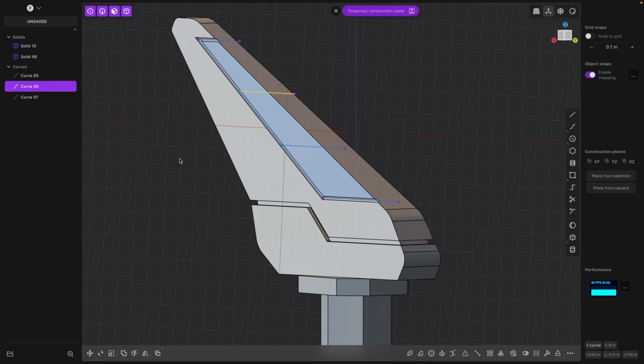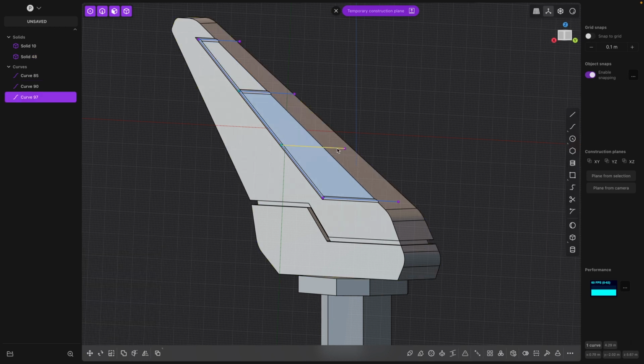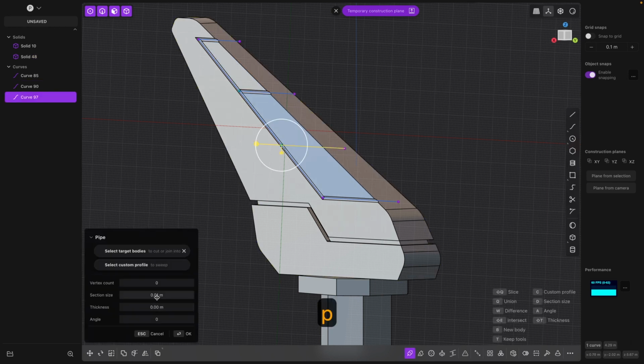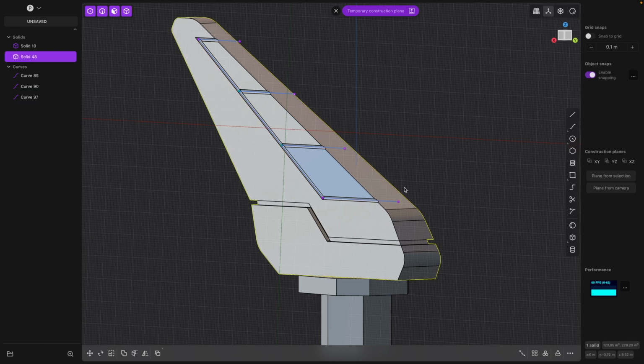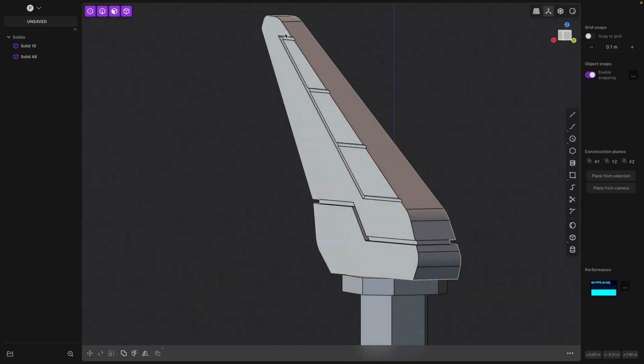So again, that's why I don't like it as much as doing it the more complicated way to get a squared off panel line, but it is much quicker, right? As I do these other two little small ones, you can see that it doesn't take much at all once you get used to it to create something like that. Now I will go ahead and also delete these lines, and we'll get out of our temporary construction plane by pressing that X. So now we have those,